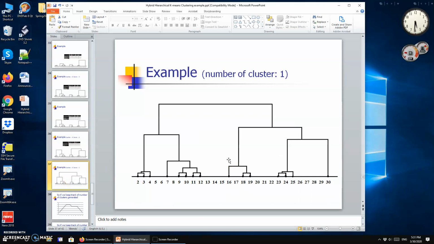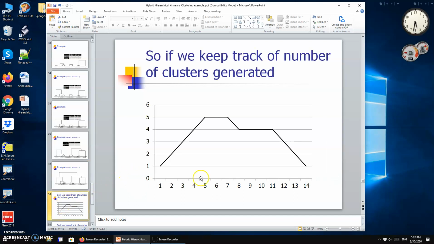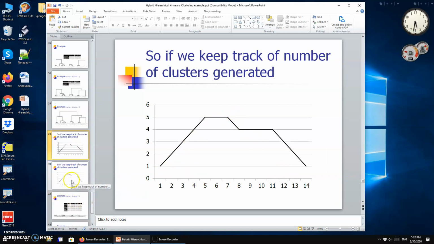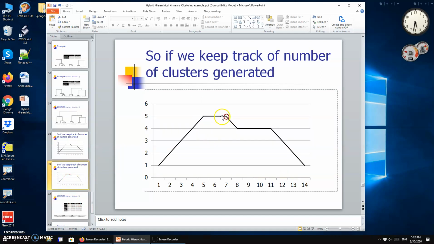As I mentioned, this is the whole process of hierarchical clustering. Where do we cut the hierarchical clustering? Well, it generates a different number of clusters. And that's why it's pretty difficult to find a good place to cut it. And therefore, the idea of hybrid hierarchical k-means clustering is that we try to keep track of how many clusters are generated throughout the process, which is this figure. And we want it to stop basically at the point that gives you the highest number of clusters at